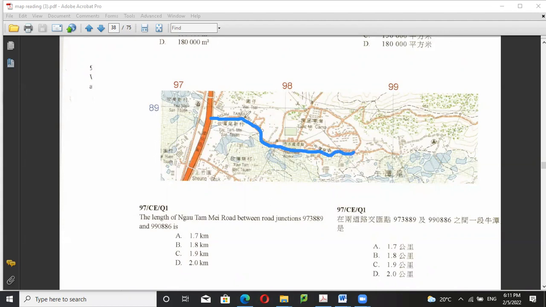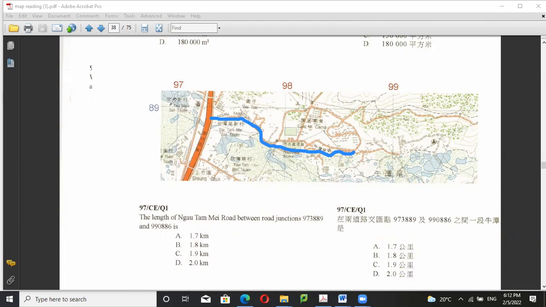Be careful, you're not going to calculate the straight line distance. It should be calculating the curve. If you're careful enough to calculate this, right now I cannot really calculate it for you, but after you have calculated this, I think it should be